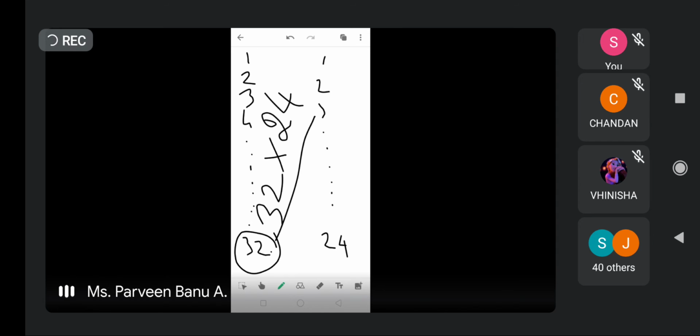So whichever way we connect, we can select any one of the 32 computers. So we have 32 possibles here. Also here I'm having 24 ports.